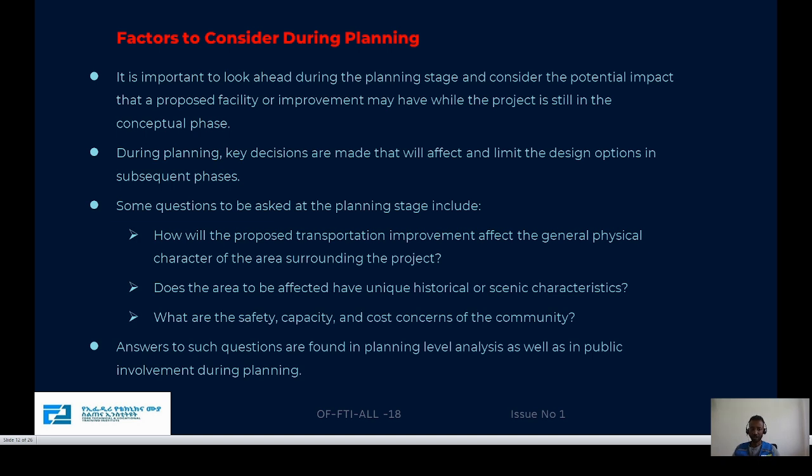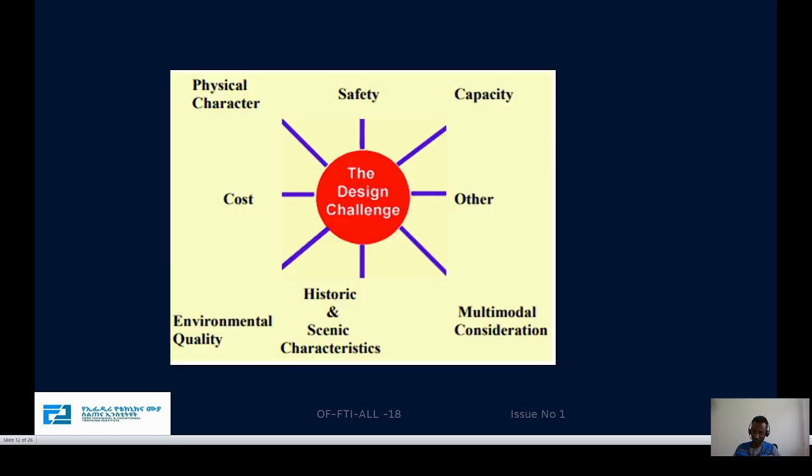Answers to such questions are found in planning level analysis as well as the public involvement during planning. So the issues are the physical characteristics, safety, capacity, cost, environmental quality,